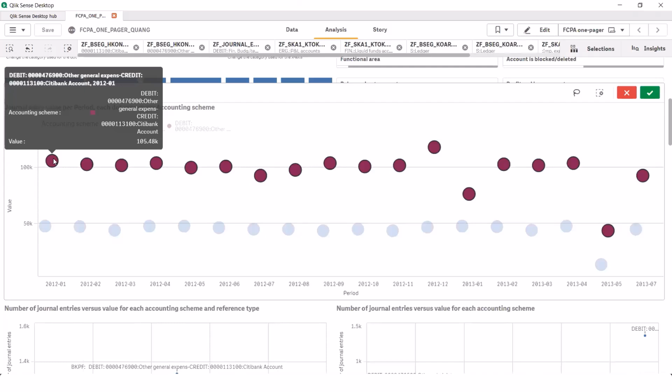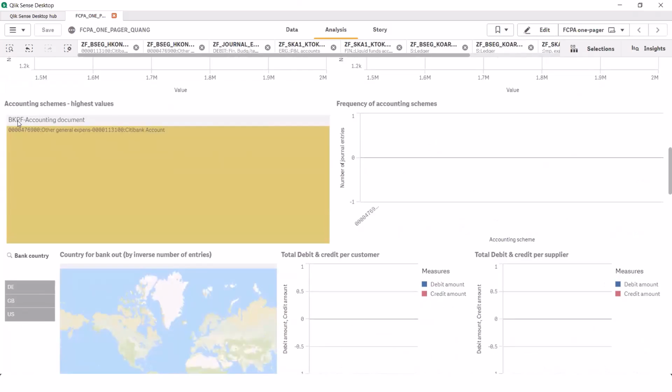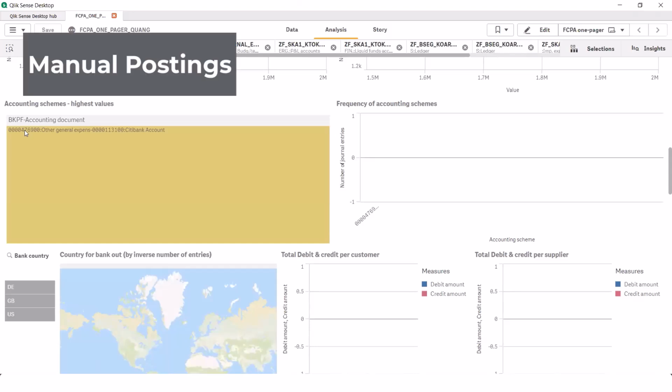So the one about other general expenses is something more interesting. SAP has references, and the reference actually tells you where it was posted. If the reference is BKPF and it's called an accounting document, this title is actually coming from SAP. After a while you start doing these things, you get to know that